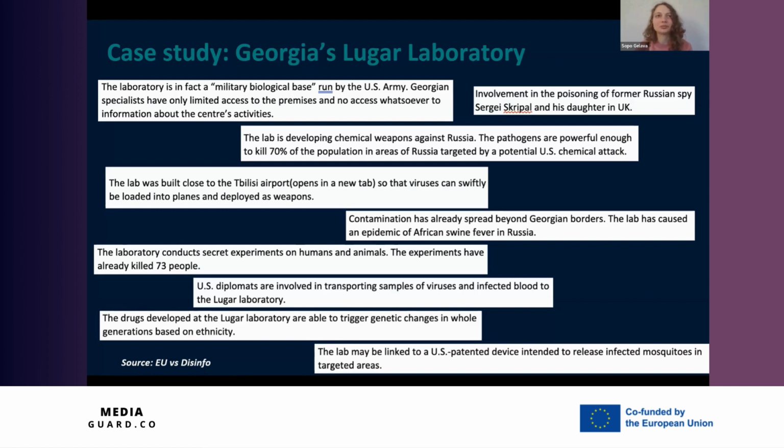We've also heard crazy conspiracies that we Georgians are exporting viruses and diseases to Russia as well. That they have concerns about the Lugar Lab. This Lugar Lab is also a very interesting topic. It was a very active topic before the pandemic, and maybe this is also one of the great examples of how disinformation failed in a certain country, because at COVID times, Lugar Lab was a very important facility for testing people for COVID and having very fast results. And it was really very important for Georgians as well.